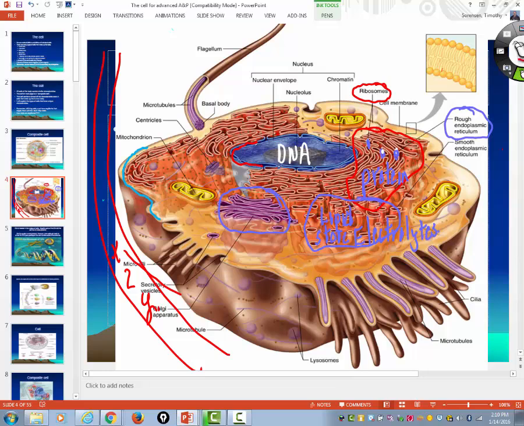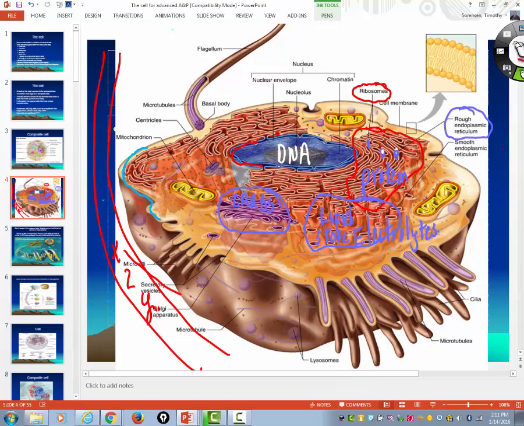The Golgi apparatus makes carbs, but the other thing that the Golgi apparatus does, it's kind of like the Federal Express of the cell. So what happens? Where do you make the protein inside the cell? The rough endoplasmic reticulum. Where do you make the lipid? The smooth endoplasmic reticulum. Where do you make the carbs? The Golgi apparatus. So what the Golgi apparatus also does is it's the final packaging area, the staging area for